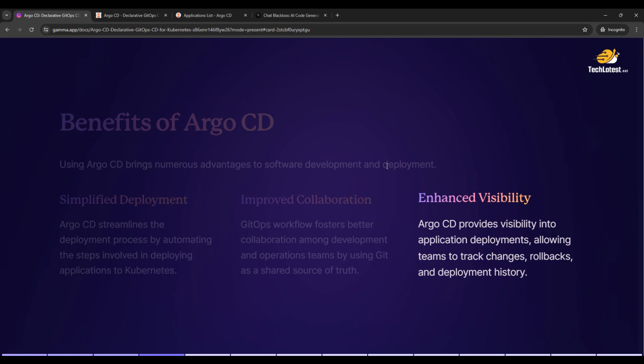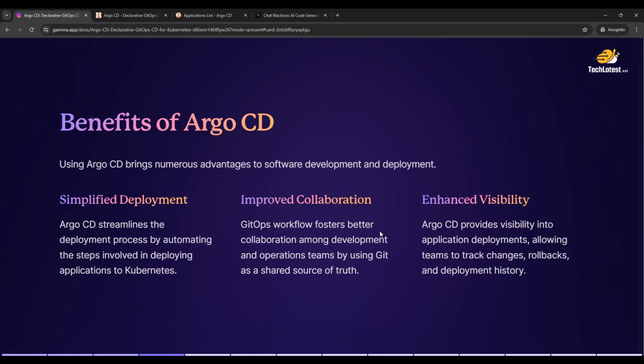Also, I'm covering some features of Argo CD in this lecture. So if we're talking about features: automated deployment of applications to specified target environments, support for multiple config management and templating tools like Kustomize, Helm, Jsonnet, and plain YAML, then the ability to manage and deploy to multiple clusters, SSO integration with OIDC, OAuth2, LDAP, SAML 2.0, GitHub, GitLab, Microsoft, LinkedIn,